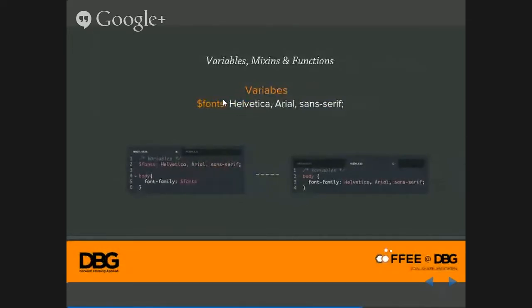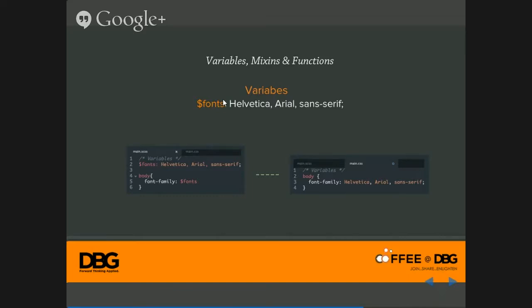These are some of the features which Sass provides us. The first one is variables. As you all know, variables are used to store data. If we have a variable, we can use it throughout a Sass file. A variable usually starts with a $ sign followed by a name, like $font. And if we want to use a variable, we can simply use it inside the property like this.